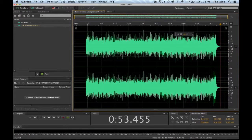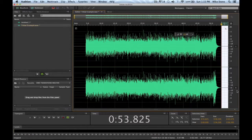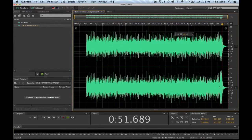If we have a look here, so here it looks like the wave's stopped. If we look down in this bottom left hand corner, you can see the levels are still going up. So just from that little tail there, if that was cut to there, say, and the track ends,